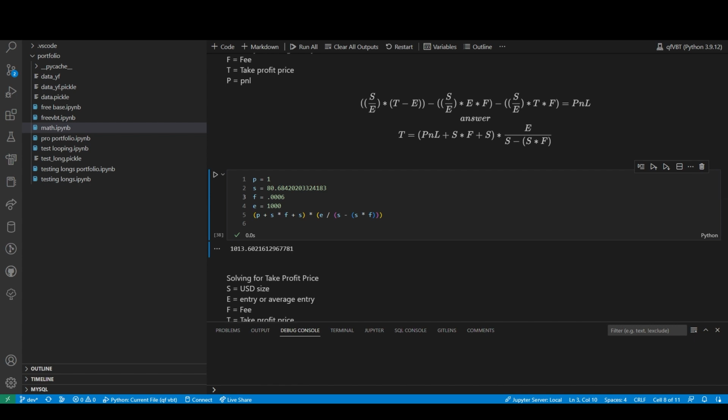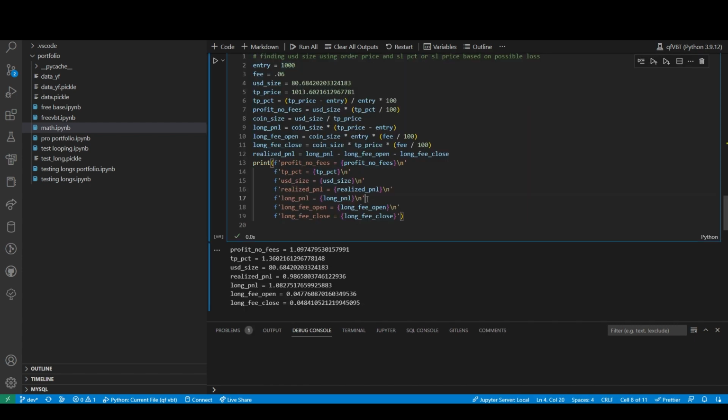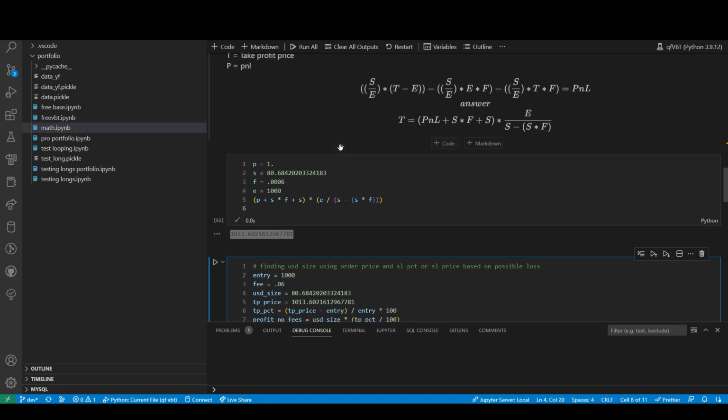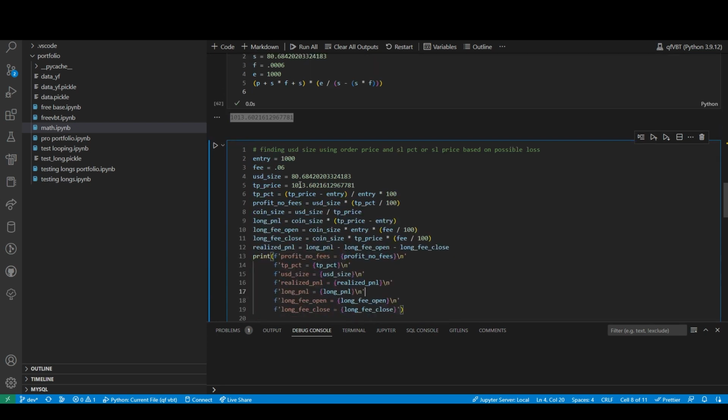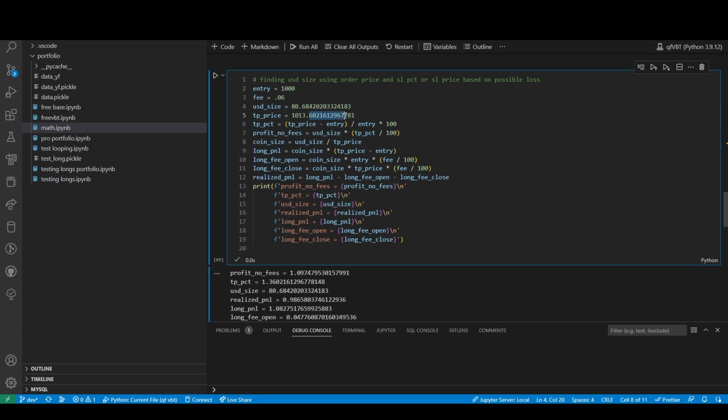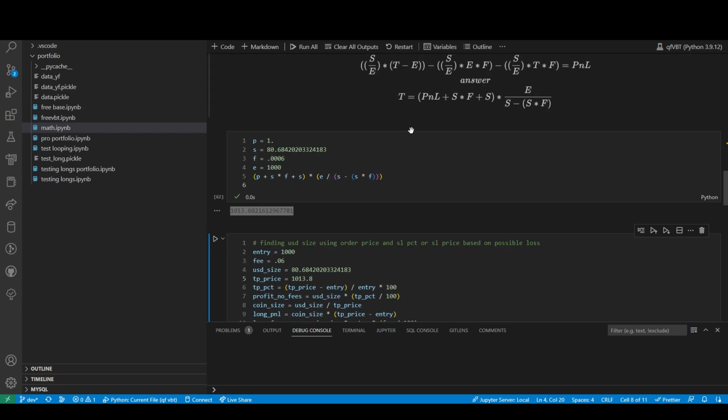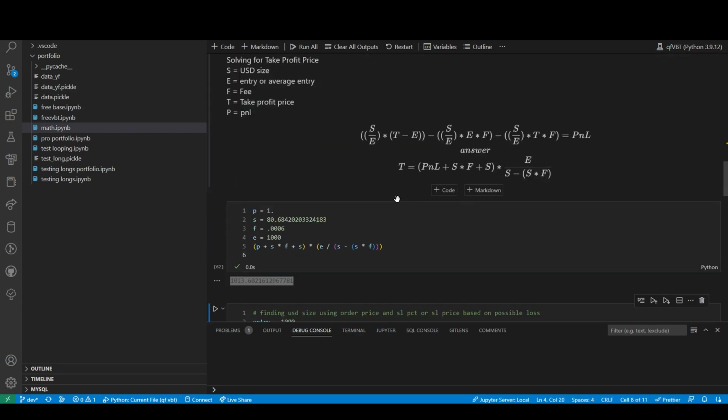So, all right, so it looks like we've got the thing, but the realized P&L is off, but I think it just has to do with a rounding, because if this was 0.9, you know, if it was 0.8, if it was 0.7, yeah, so it's off by like 20 cents. But I don't know how,